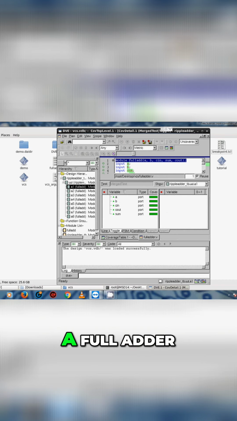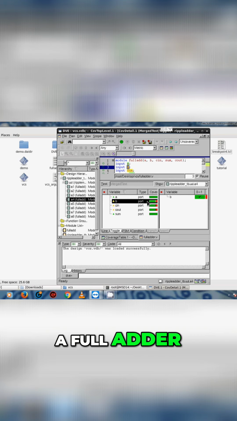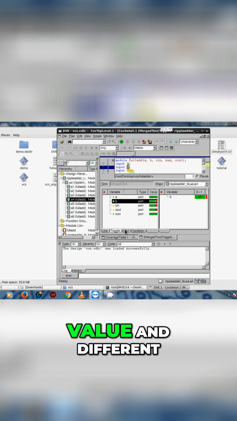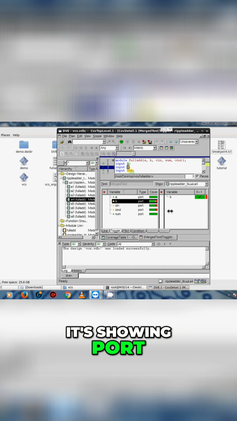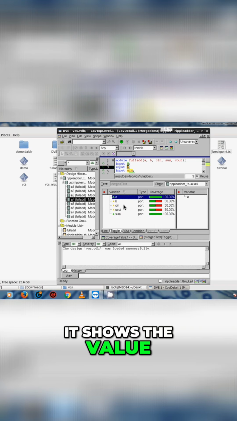So it's showing a full adder. This is toggling value and different. It's showing port A, port B. It shows the value. Okay,